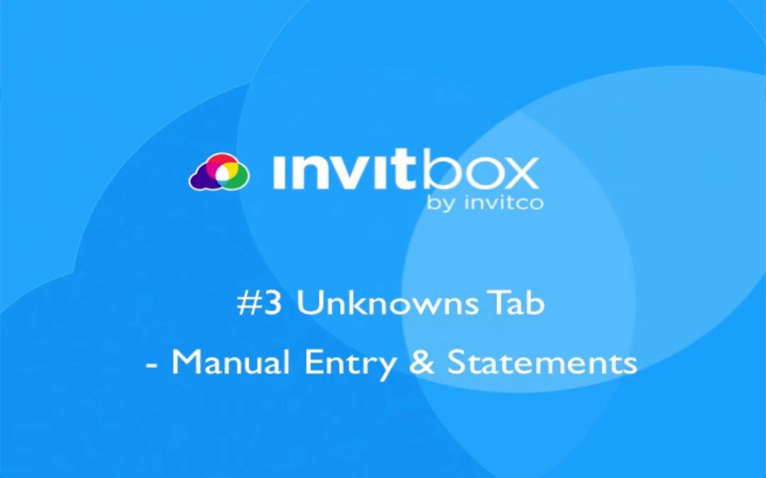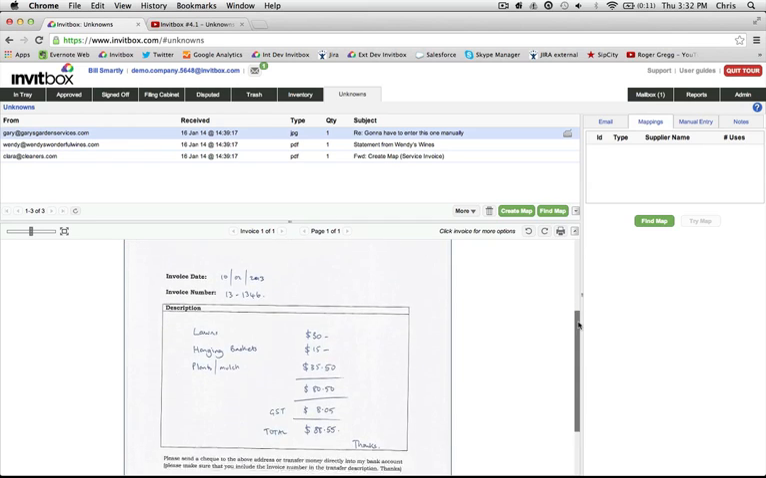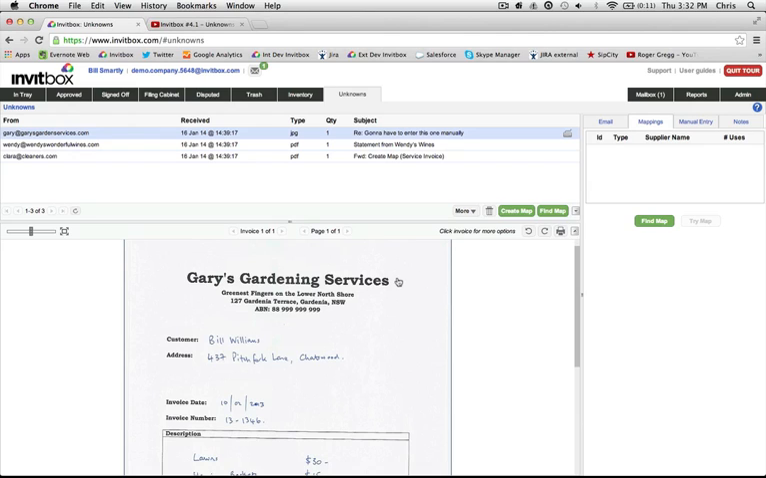This tutorial will take you through how to deal with manual entry and statements from the Unknowns tab within Invitbox. As you can see on screen, we're in the Unknowns tab. What we're looking at is a scanned image of a handwritten invoice. So this supplier, Gary's Gardening Services, has sent a handwritten invoice to the customer, and it's been scanned, saved and